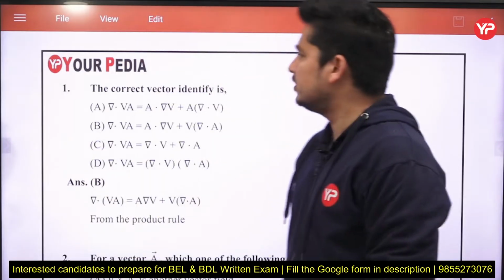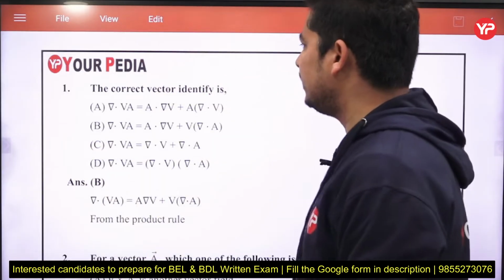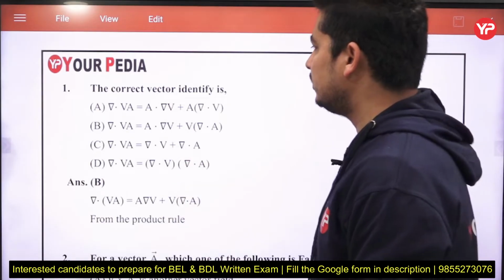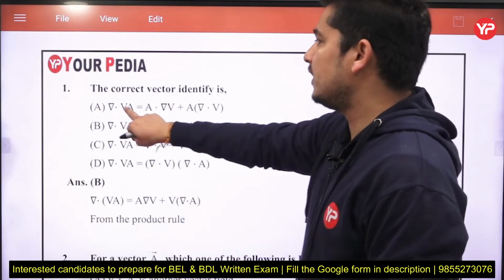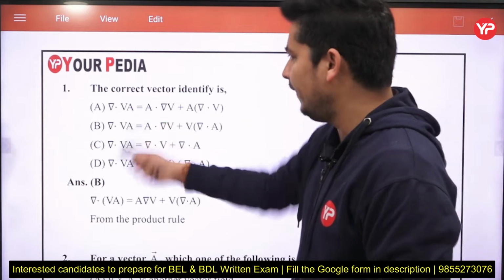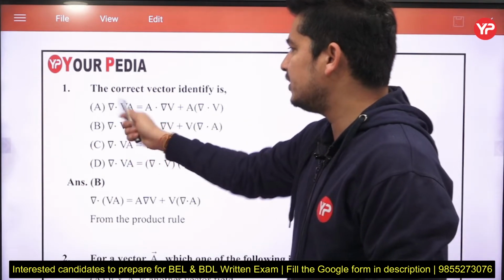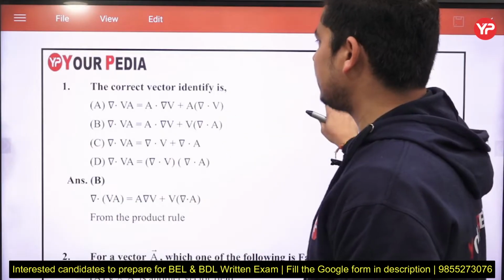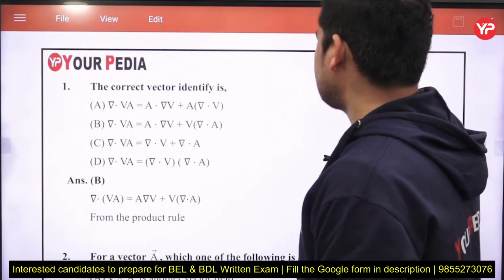The first question is: the correct vector identity is, which one of the following is the correct identity? See, first is the divergence of A, where A is the vector field and V is the scalar. So this is the identity that is not correct, right? The second identity, what it says is